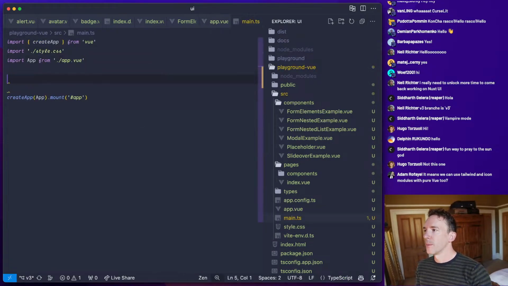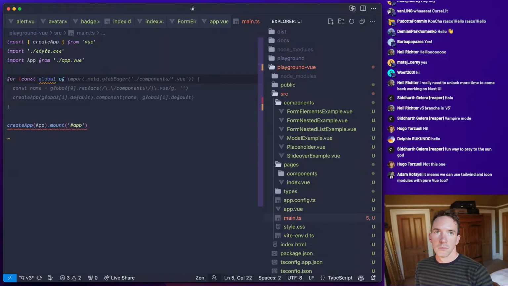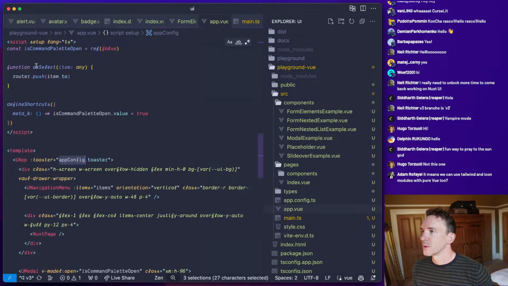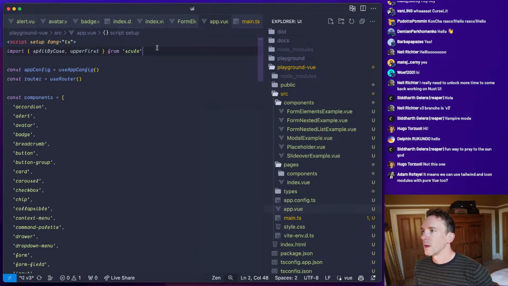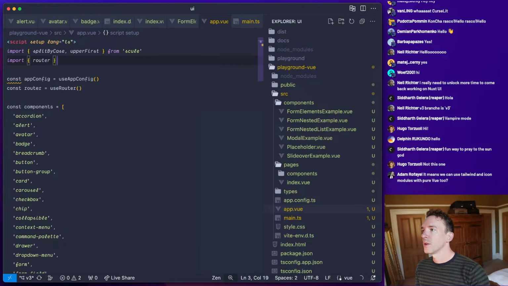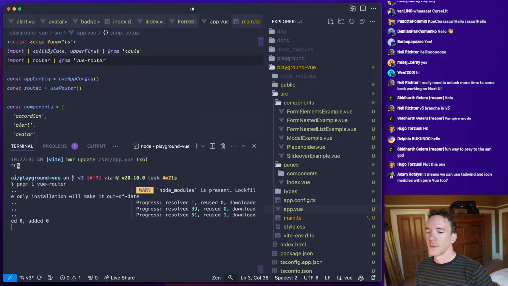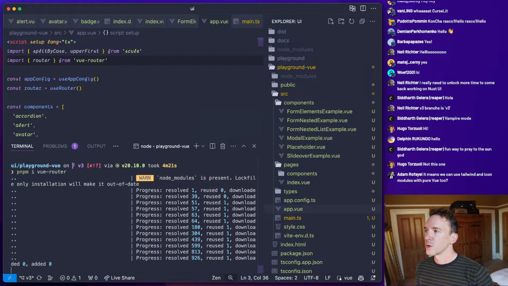Okay, so for const global, where's this being used? Import router from Vue Router. This is version 3.